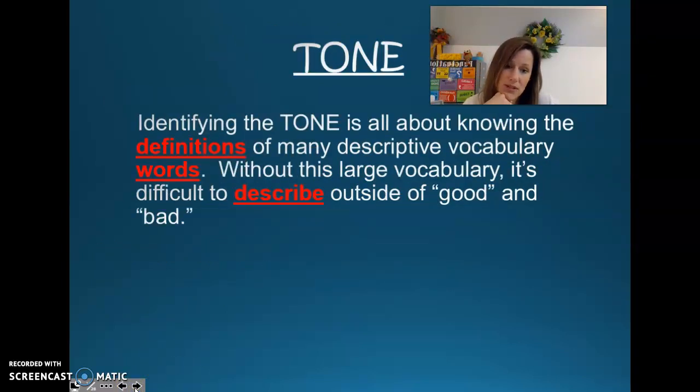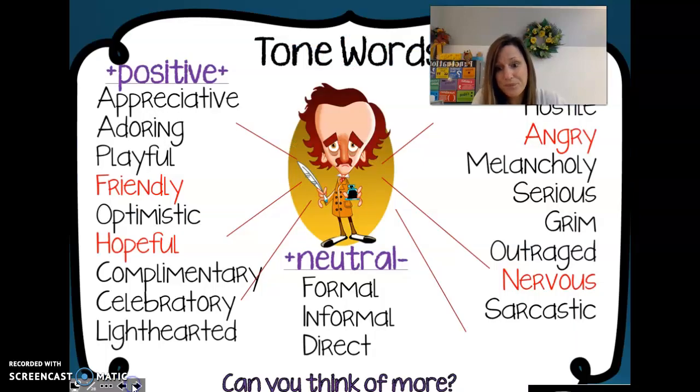So identifying tone is all about knowing the definitions of many descriptive vocabulary words. Without this large vocabulary, it's difficult to describe outside of good and bad. So, in elementary school, often we would say, oh, well, it's good or it's bad or it's nice or it's mean. We're going to try to get beyond just saying good and bad, nice and mean. So we're going to take a look at some other tone words, and hopefully we'll be able to use some of them to enable us to describe tone a little bit beyond good and bad. So let's go ahead and add these words to your